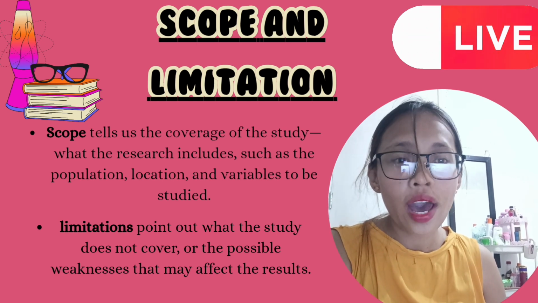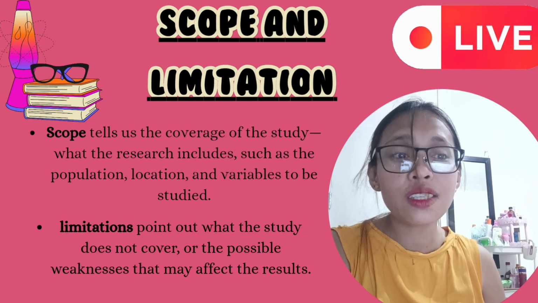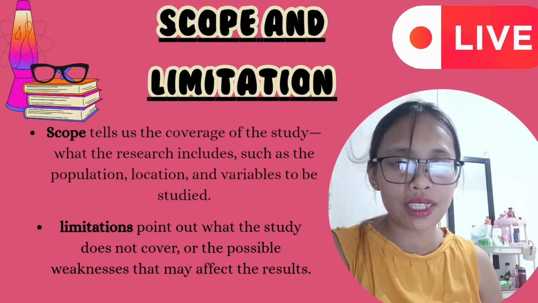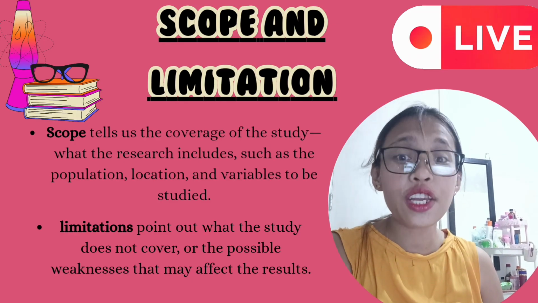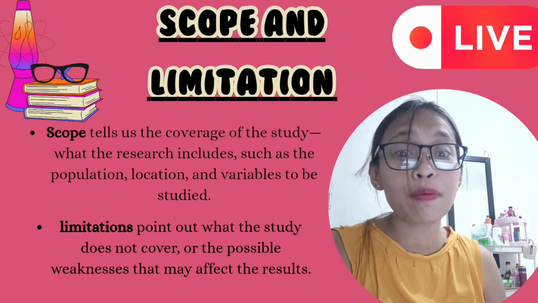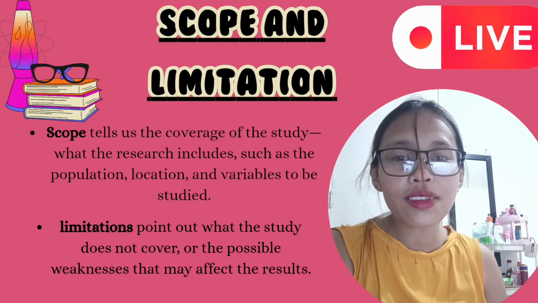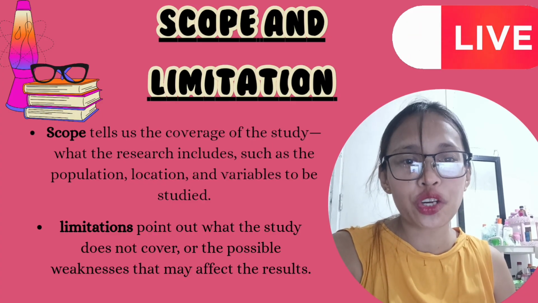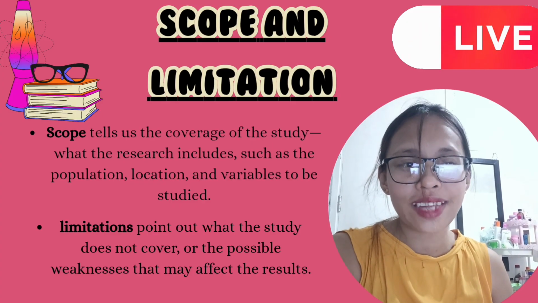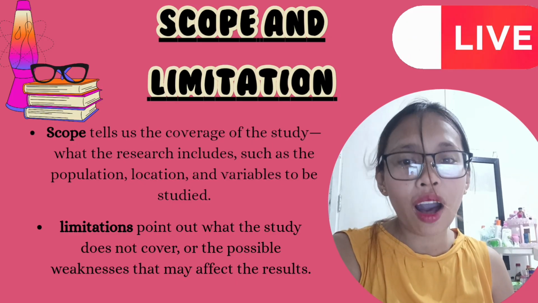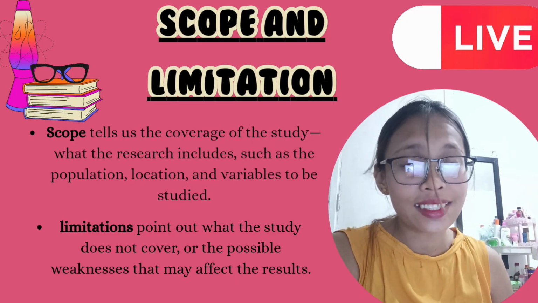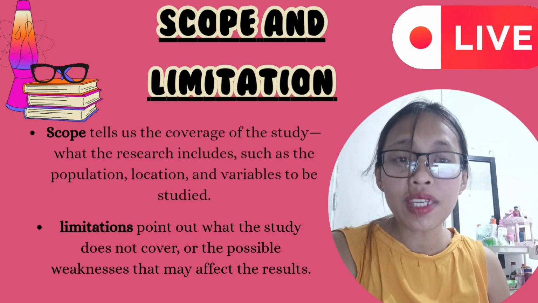Why is it important to write the scope and limitation of this study? It is because it manages expectations. Readers and future researchers will clearly understand what the study covers and what it does not, so they won't misinterpret